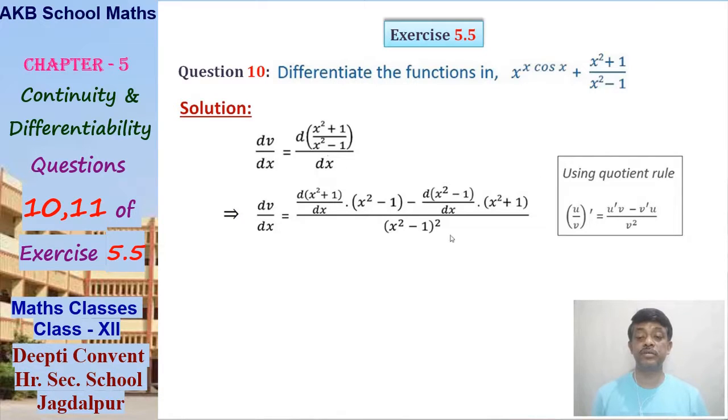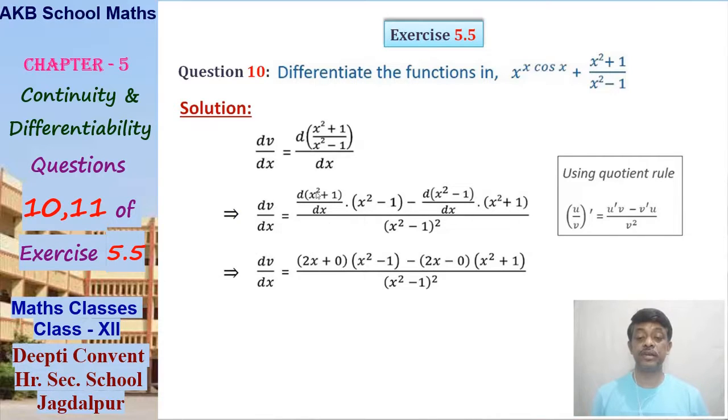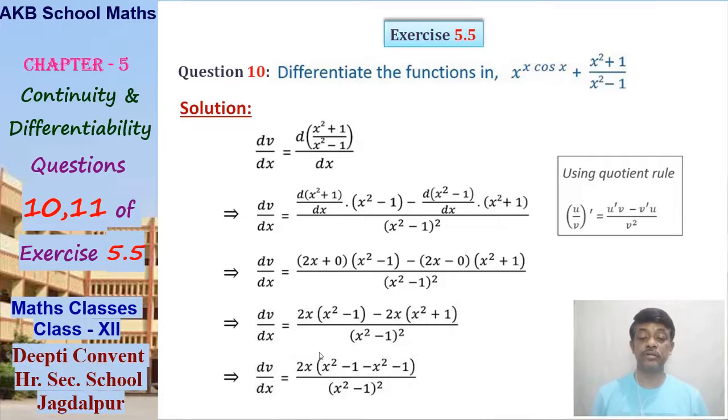x square minus 1, x square minus 1 whole square, and dy dx of x square plus 1 minus d by dx of x square minus 1 times x square plus 1. Now solving it, here 2x plus 0, here (x square minus 1) minus 2x minus 0 (x square plus 1). Multiply it and solving, we get 2x (x square minus 1) minus 2x (x square plus 1), taking out 2x common, then x square minus 1 minus x square minus 1, x square cancels, minus 2,